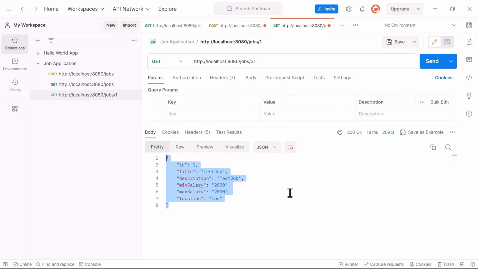Okay. So you can handle different scenarios, different conditions within your controller method, and return different status codes based on the success or failure of the operation. Okay, and you can include additional information in the response as well if needed. All right, so this is all you can do with the help of this particular class, and using this class